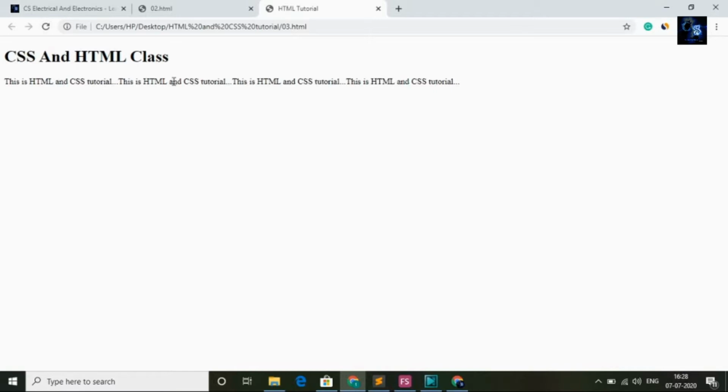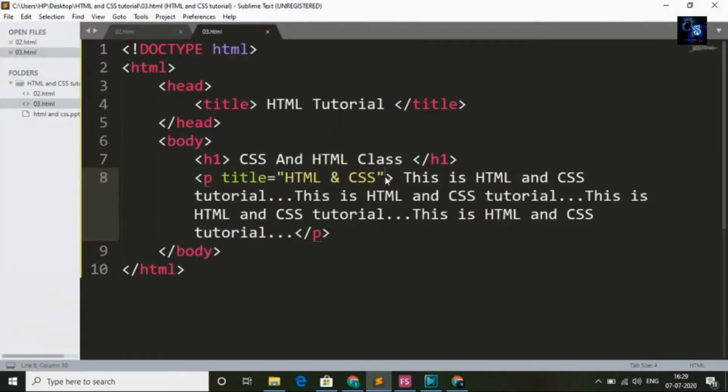If you are writing paragraphs on different topics, suppose you are writing a paragraph on entrepreneur, then you can give the attribute as entrepreneur. This will help you in search results, in SEO. Suppose someone searches for entrepreneur on Google, your article may rank on Google. So this is a benefit from the SEO point of view. You can add many attributes by giving a space here, then you can add any number of attributes. Guys, this was about attributes.